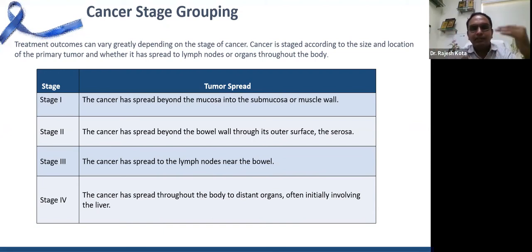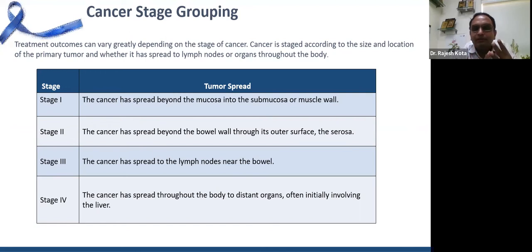For all the other stages, stage 1, 2, 3, depending upon the site of the disease, whether it is from the colon or it is from the rectum, we give 3 forms of treatments. One is surgery, that is, we try to remove the cancer along with some normal tissue around. That is called surgical resection of the cancer. The second modality is chemotherapy, that is, we give drugs orally or through your veins, systemically, through the blood, where these drugs called chemotherapy drugs will reach the site of cancer and try to kill the cancer cells. This is the second modality of treatment.